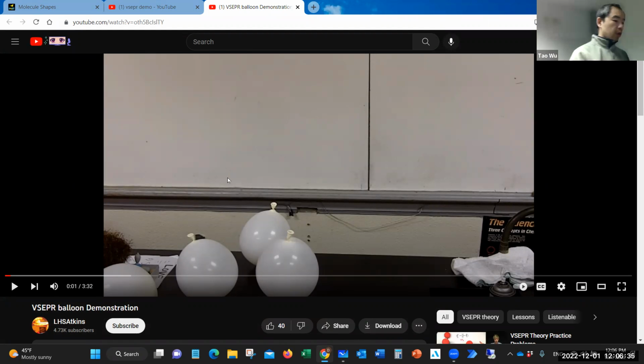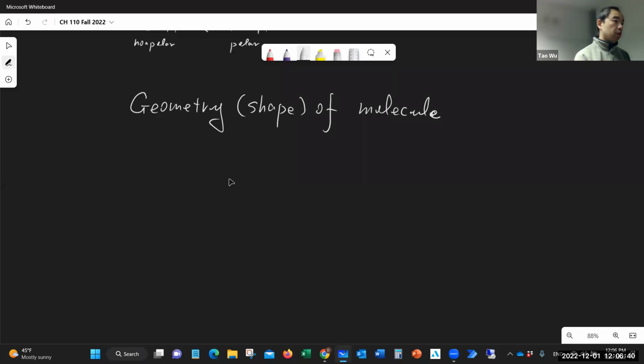So we're going to the next part. We're going to talk about the shape of the molecules, or the geometry of the molecules. The reason the molecule has a shape, they have a purpose. That's because of the electron space. Okay, electrons, electron cloud. And in the following parts, we're going to talk about one of the models. The model is called the